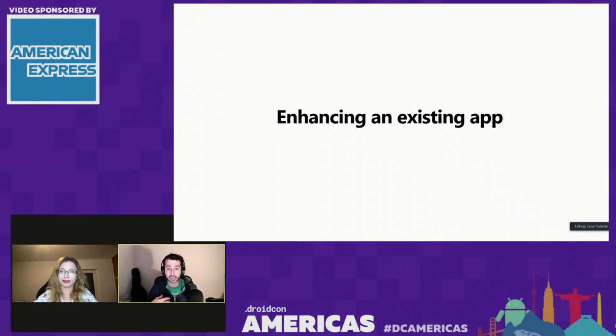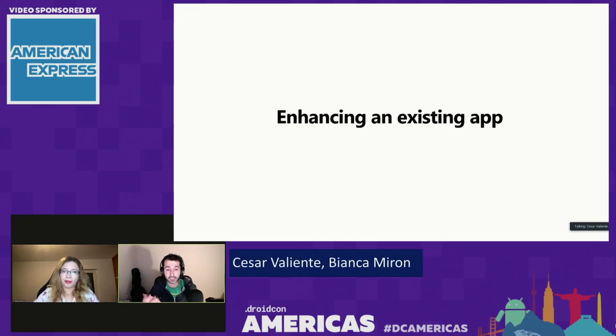So Bianca has shown the basics of Surface Duo and also the UX and UI patterns, and then some considerations that we have to follow. So what I'm going to cover now is how to enhance an existing app. So how we can take advantage of having such a device as Surface Duo with 2 different screens, that dual screen device, and also we can apply this to other foldable devices. So for that,